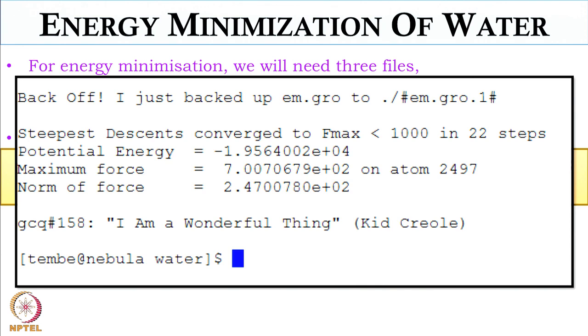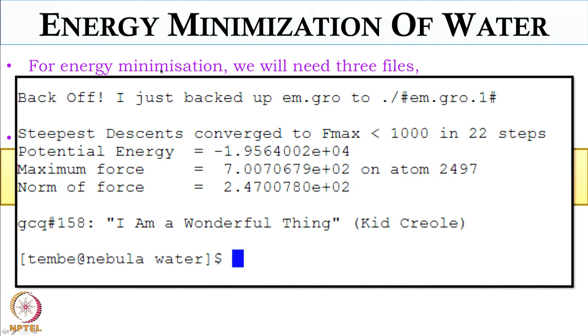Now all these files are saved in the water directory, and that is already under GROMACS. But why is it not showing GROMACS there? Because I have done it on a different server, so it is not showing there. But the water directory is in GROMACS. So when we perform simulations here and show them on screen, it will show as GROMACS.